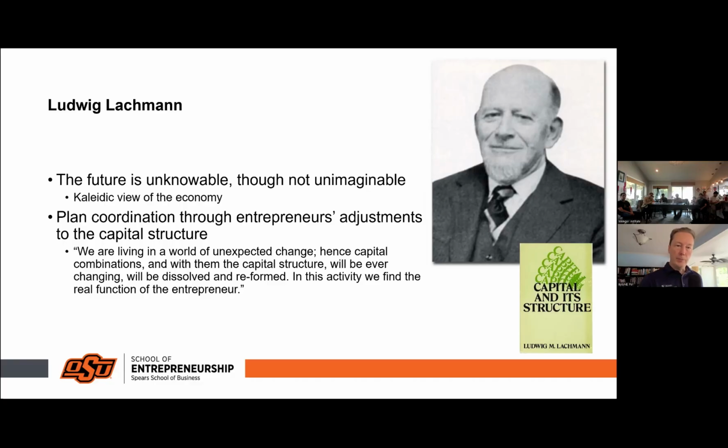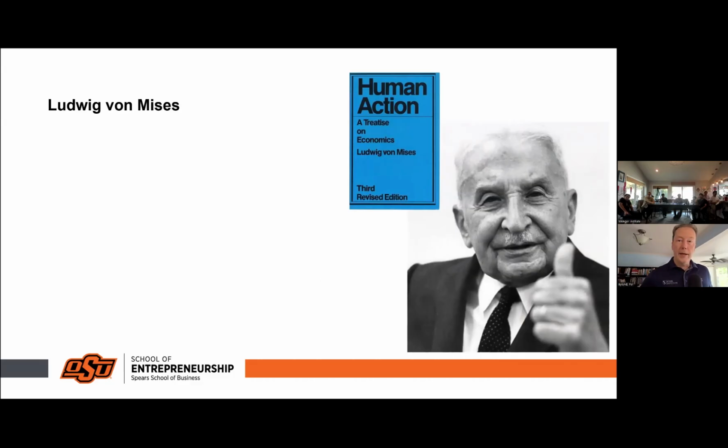So he places the entrepreneur, therefore, within the capital structure as the force that changes production overall by simply combining productive capital in new ways. And this is a quote from his Capital and its Structure. It says that we're living in a world of unexpected change, hence capital combinations, which is basically the combinations of Schumpeter. And with them, the capital structure overall, the whole production apparatus, will be ever-changing, will be dissolved and reformed in this activity. So the force behind changing, dissolving, and reforming the capital structure, that's the real function of the entrepreneur, per Lachmann. Okay, so moving ahead to Mises,